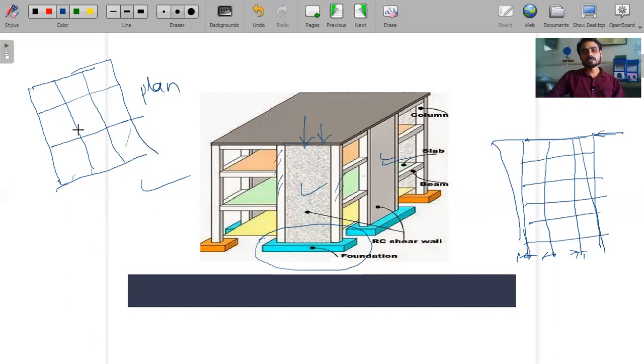We only place the shear wall on the area of the lift. If that is not sufficient, we can place some extra shear walls anywhere else, and the shear wall detailing is specifically shown on the drawing with dark sets. If we are placing a shear wall here, the details will be described here: how much length of shear wall will be constructed. The location of the shear wall will be clearly described on the drawing, right?